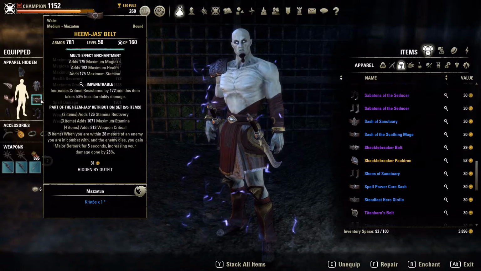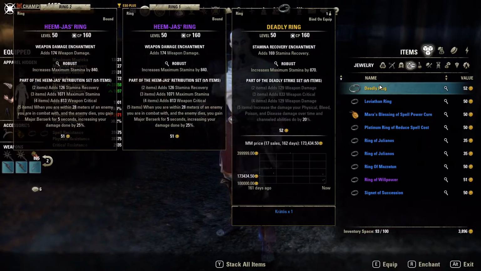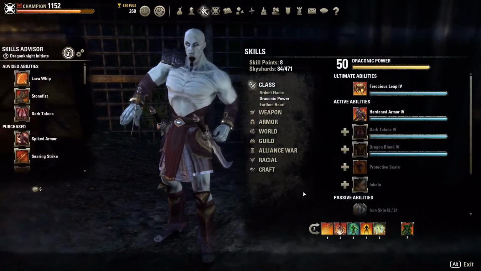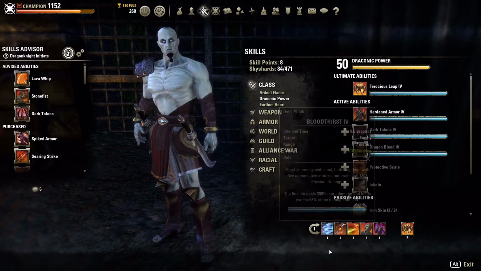You want to run with a different set? Then I would say you could run with Deadly Strikes. Deadly Strikes would be another great option for you. Increase the damage of your physical bleed, poison, and disease over time, or channeled abilities, and two of your abilities that you're going to be running, which are Bloodthirst, or you could run the other morph if I run this